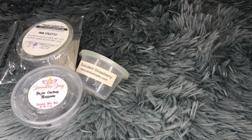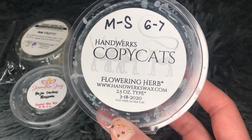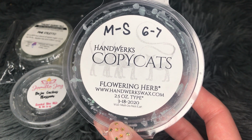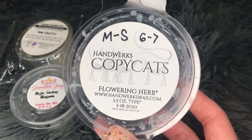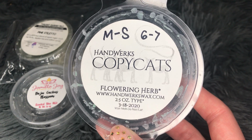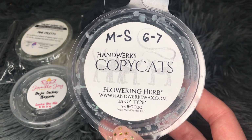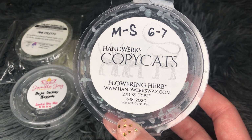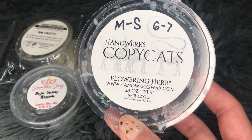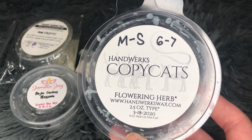And then the next one I have here is a clamshell from Handwerks, and this is one of her copycats. So essentially, Handwerks, I think, honestly, has a really large collection of types. Her copycats are essentially dupes of stuff from Lush or Bath & Body Works or, I don't know, designer fragrances, whatever, right? And to me, I think Handwerks has a very extensive list of dupes and types from other companies, which